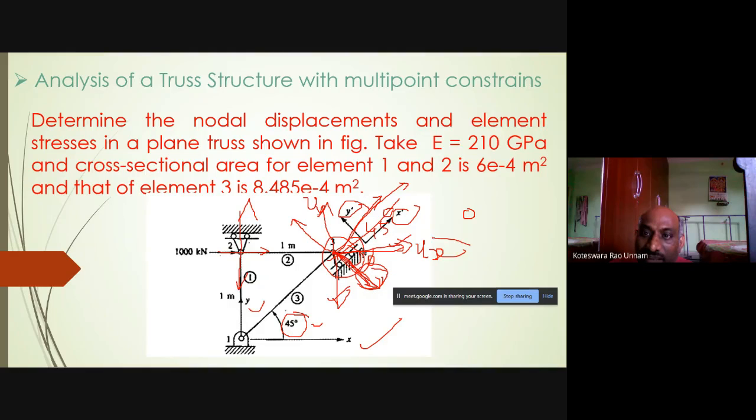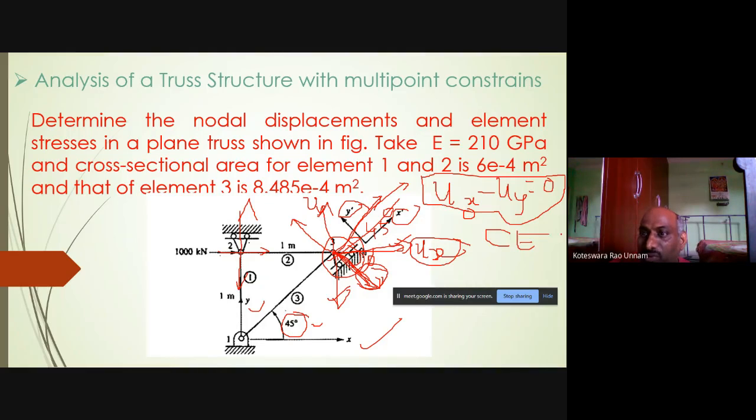So therefore, what you can say here, it is a positive quantity. Ux is in positive direction and the vertical displacement is in negative direction. So therefore, the resultant, how we can write is ux is positive minus, because uy is negative. Uy is equal to, what is the net displacement? 0. So resultant is 0. So therefore, ux minus uy is equal to 0. This equation we'll call the constraint equation, CE.